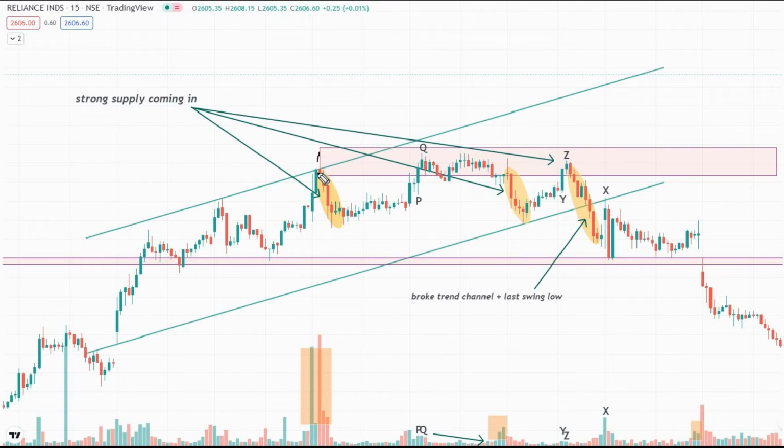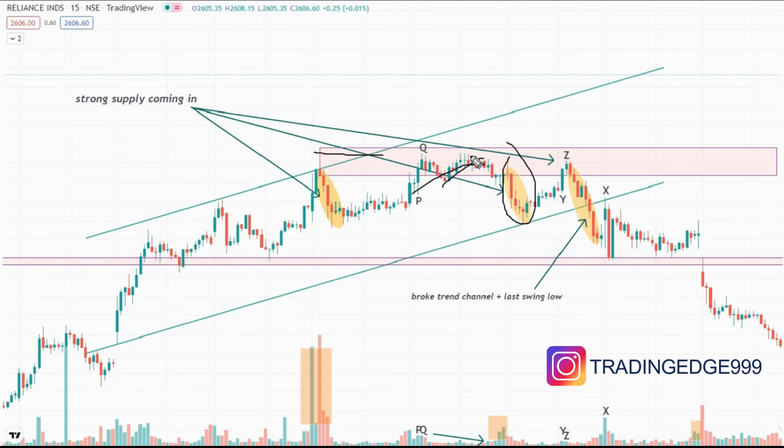Earlier from here we saw a sharp selling momentum. When buyers tried again, they couldn't break this level and continue the upward momentum, as we could analyze in conjunction with the volume also. Then we saw a sharp selling momentum after a weak buying momentum. This is very, very important. After a weak buying momentum, and prices couldn't continue its higher high, higher low formation, we saw a sharp selling